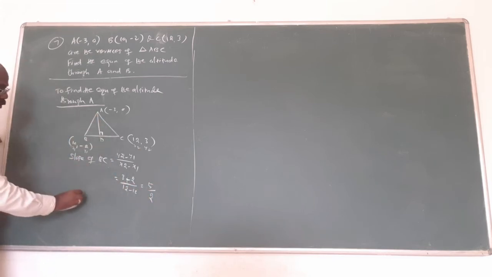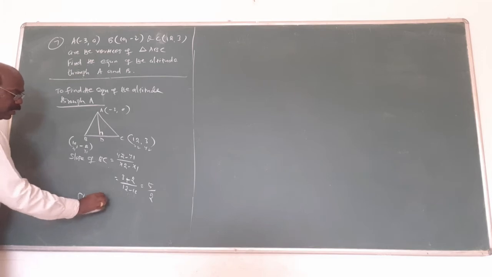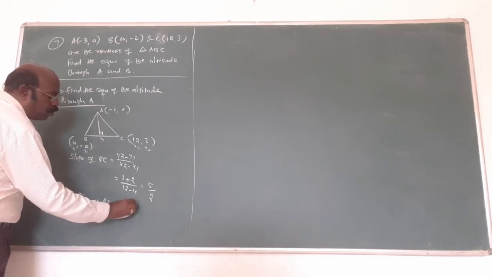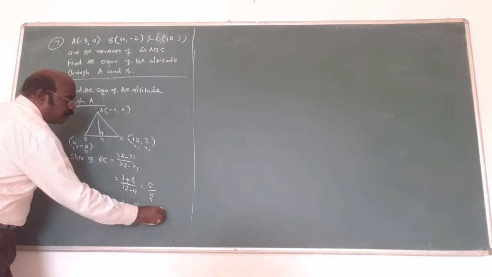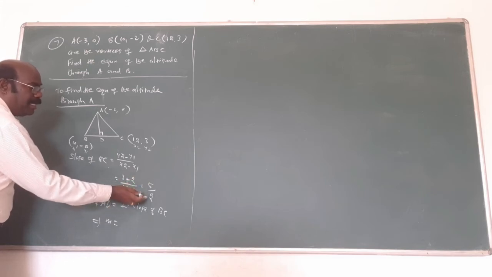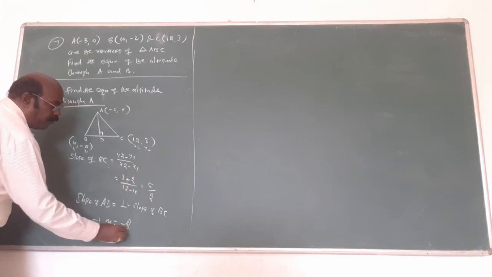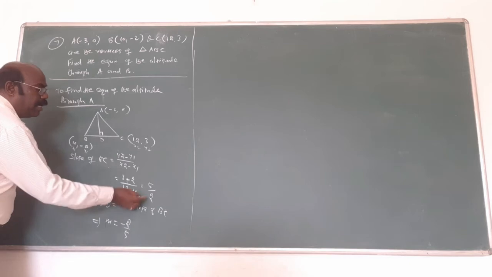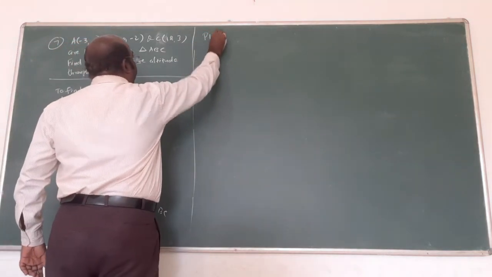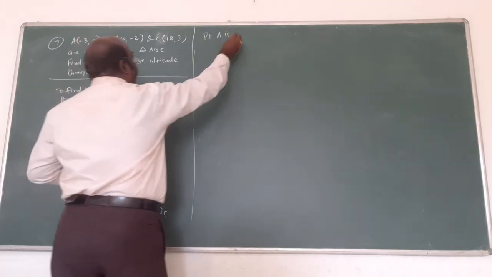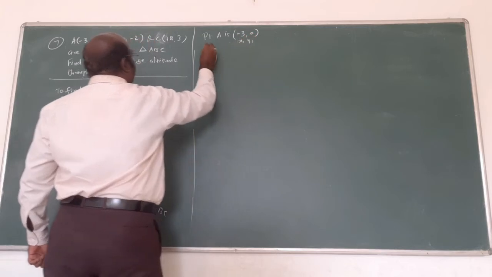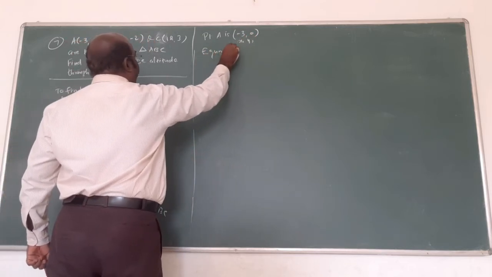What we need is the slope of AD. Slope of AD equals, this is what? AD is perpendicular to BC. That is, m equals perpendicular slope, which means change the sign and reciprocal: minus 2 by 5. And plus is there, minus. Reciprocal is what? 2 by 5. This is m. Then point A is what? The point A is minus 3 comma 2. Am I right? Minus 3 comma 2, let it be x1, y1. Am I right? Now the equation of the